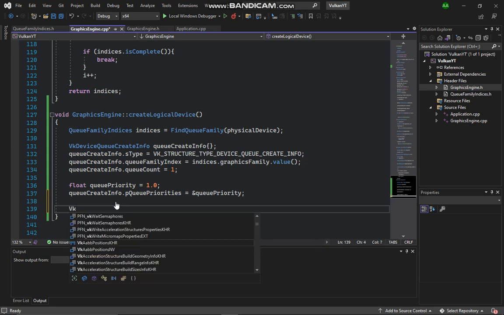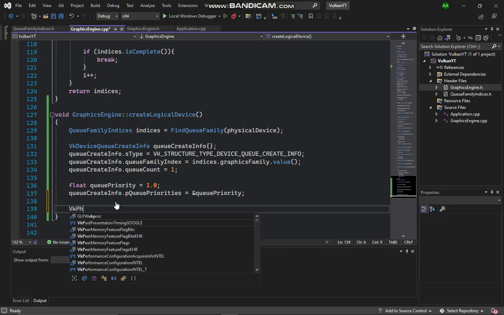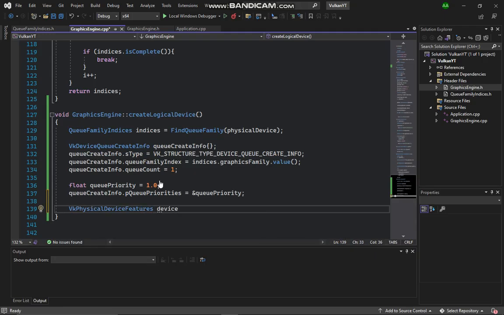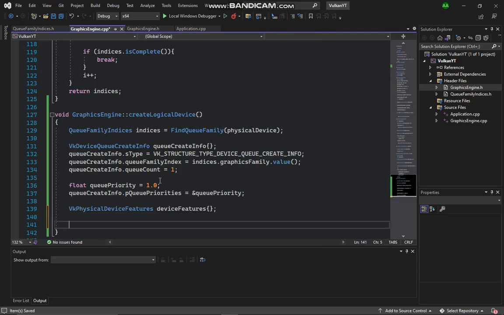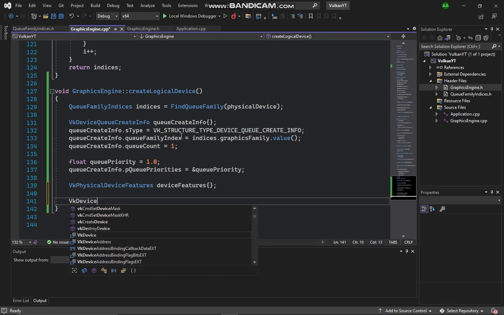So creating another structure, VkPhysicalDeviceFeatures. What is happening? VkPhysicalDeviceFeatures and device features. Here we are. Once we are done with this, then we'll create another structure,